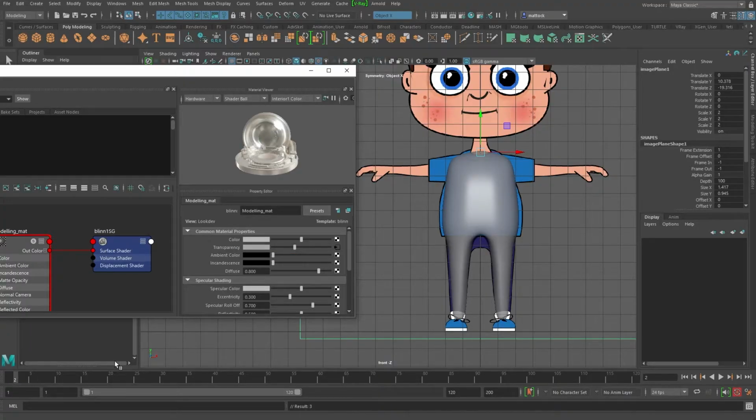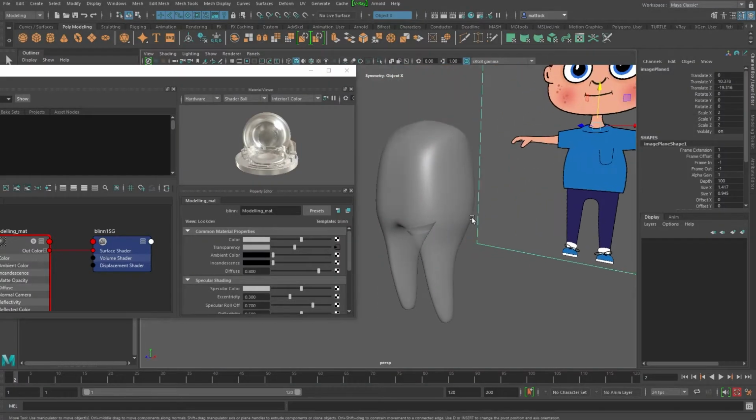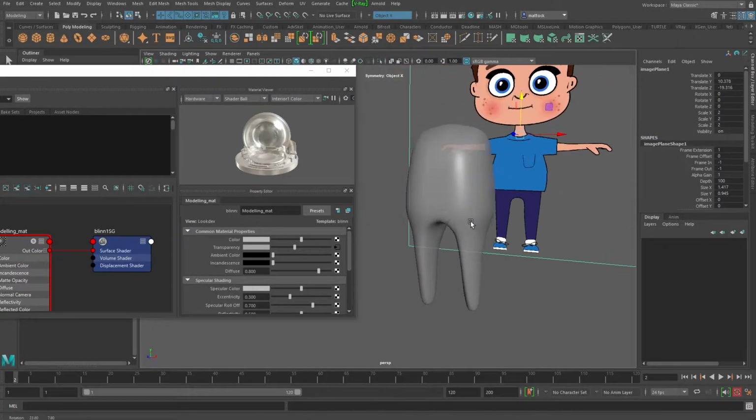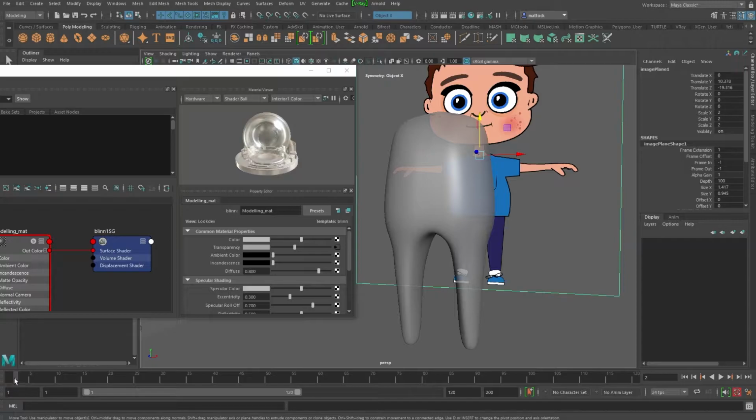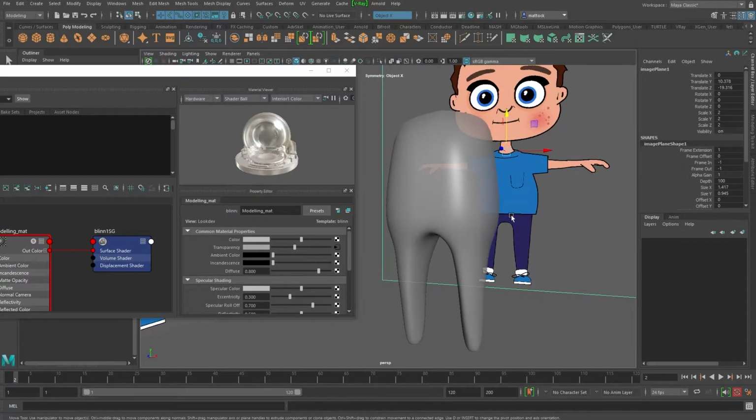Now if you look down in my timeline here, let's go to a perspective view. Let me just go back. Frame 1 solid, frame 2 about 60-70% transparency, and you can add as many of these as you want. It's really good.